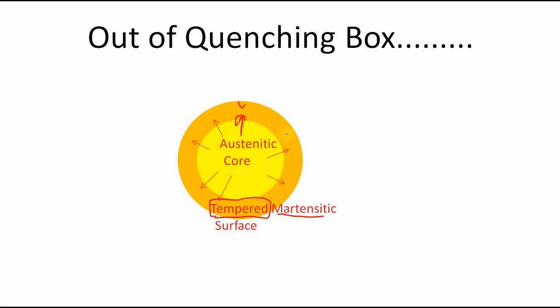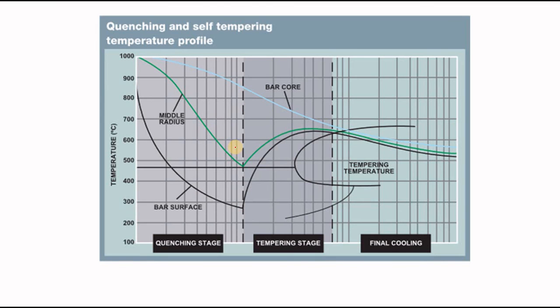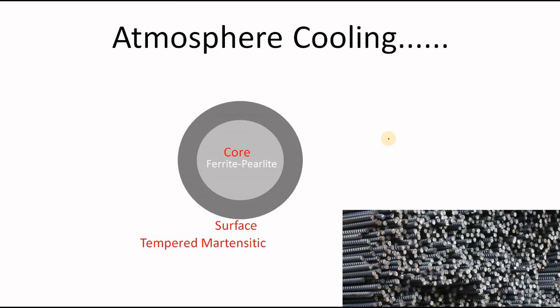So you have achieved the desired surface hardness for your TMT bar, but still the core is in the austenitic stage, and you need to form ferrite pearlite, which is ductile and is required for your TMT bar. To form ferrite pearlite from austenite, you have to cool down this austenite gradually, and this is to be done at atmospheric temperature. So now you keep this bar at atmospheric temperature, and you can see here in the temperature profile that the core temperature is gradually decreasing, or you can say that our desired ferrite pearlite is forming in the core, which is very ductile and desired for our TMT.